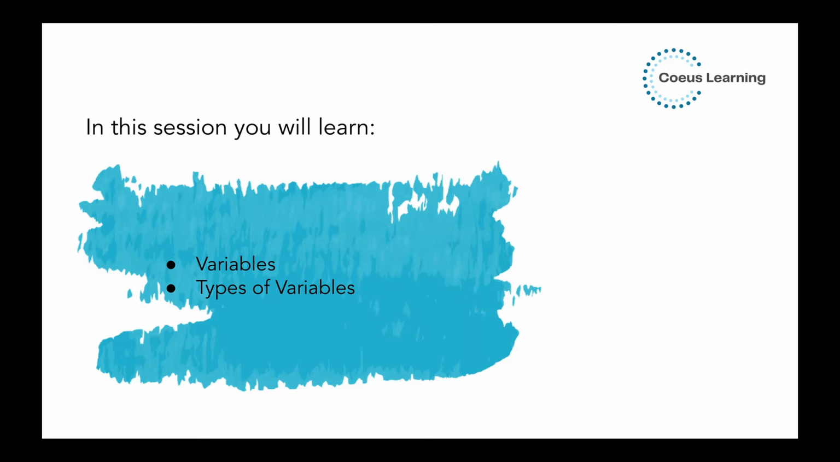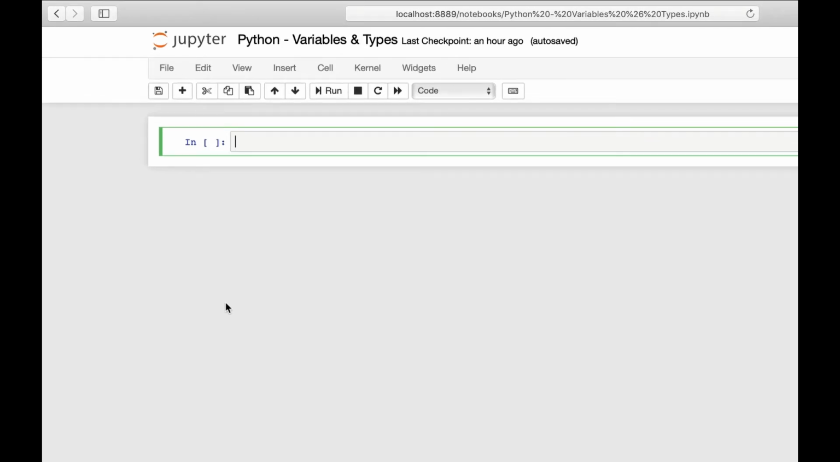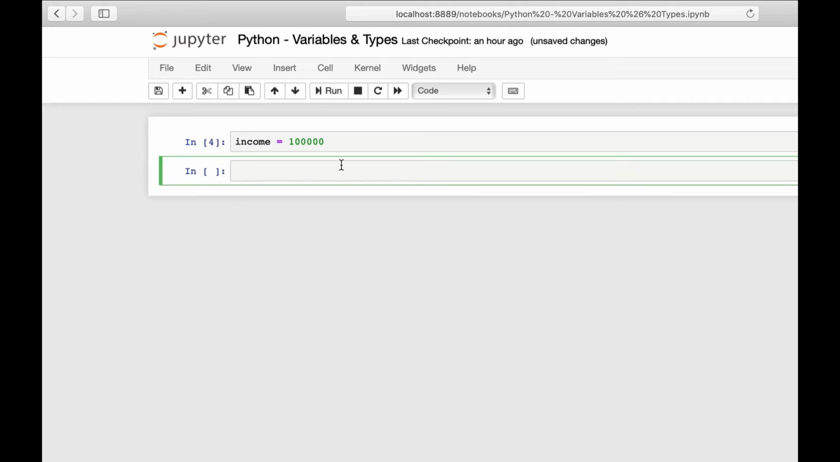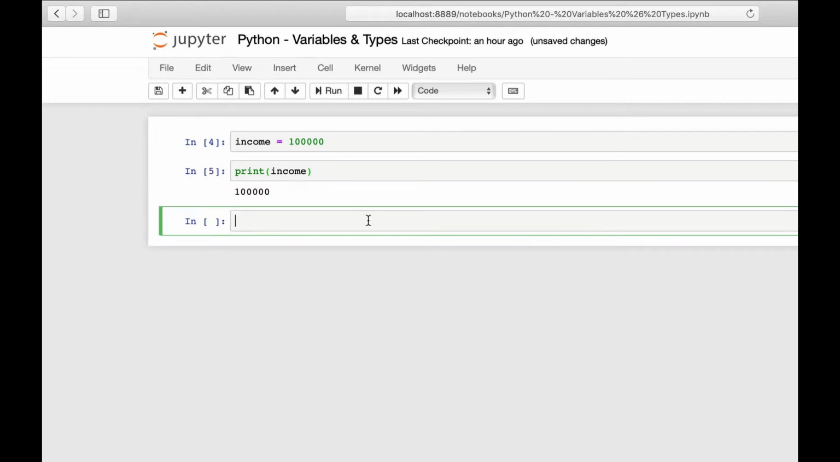We define a variable, say income, and we say 100,000, and we click on run. If I want to see the content of the variable income, we say print income and it shows me 100,000 as the value. Now we define one more variable, say total area,